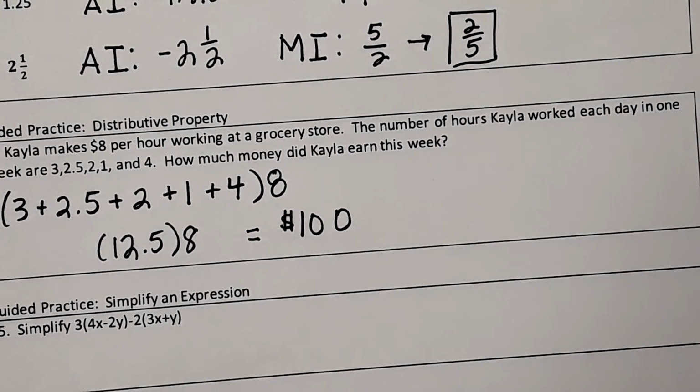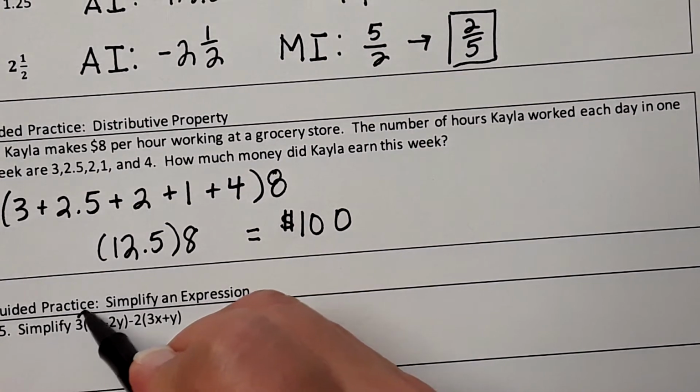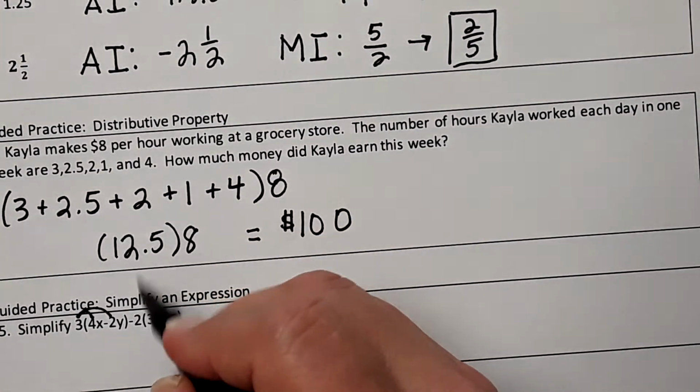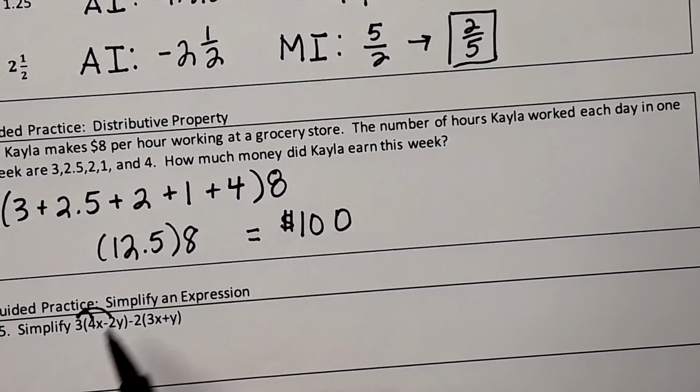On some of your homework, they're going to ask you to use the distributive property. They're going to ask you to simplify. They might ask you to justify some of your answers. So I need to simplify this expression. So what property am I going to use first? I'm going to distribute the 3 onto the 4, so let's do that one first. 3 times 4